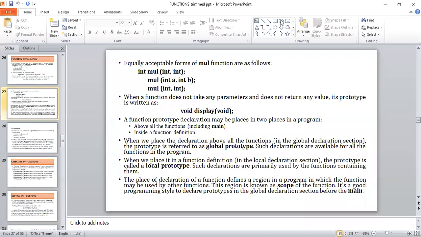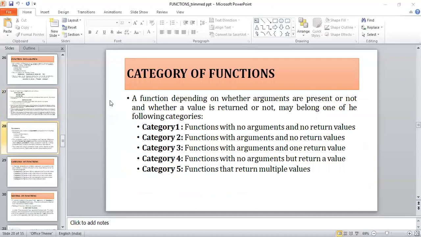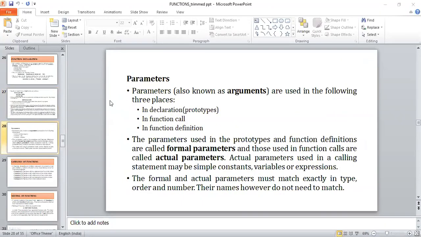Okay, so we will take up the categories of functions in the evening session, and also the different types of parameters. So note down the two types of parameters we have, that is the formal parameters and the actual parameters. How these actual parameters and formal parameters work, you will see in the programs.